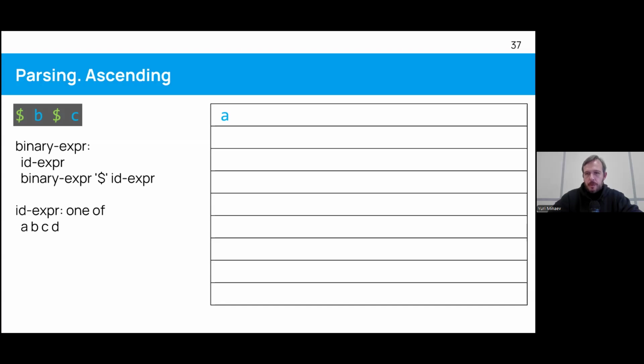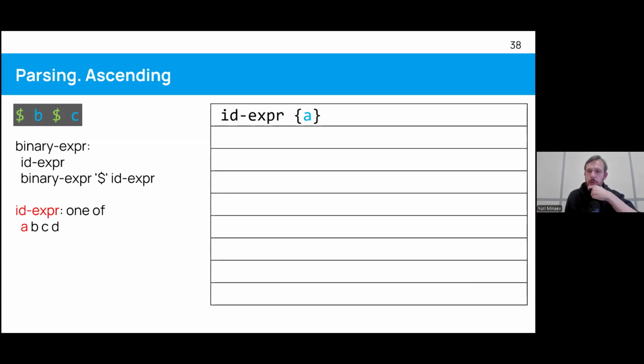And if we look at our grammar, A is an ID expression, right? Because we have a production called ID expression where we have A. Okay, now we have ID expression in our state and an operator in our input.